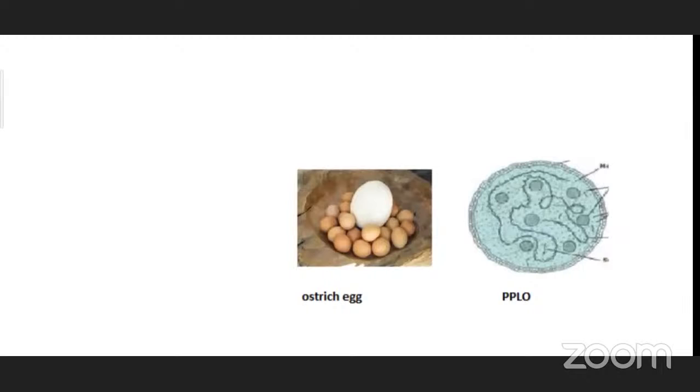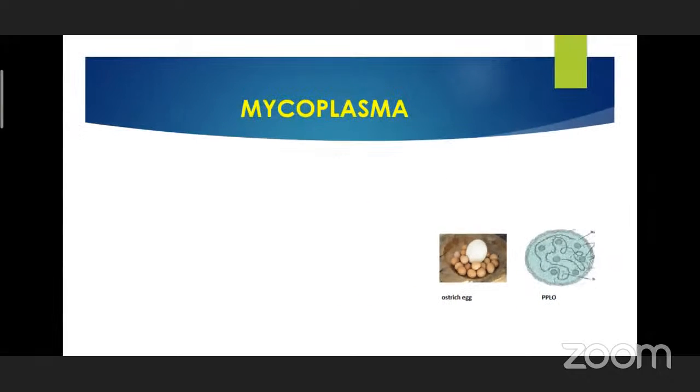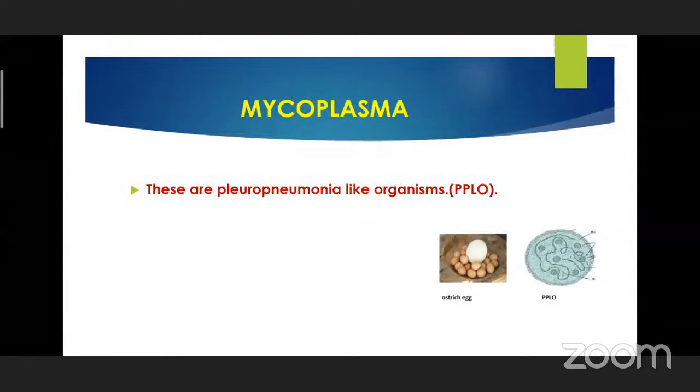And in the other slide, the other picture you are seeing is about eggs. A big, huge ostrich egg is placed along with the normal eggs of a hen. You can see the size of the egg is very large. That means the ostrich egg is the largest cell on this planet. And the smallest cell is the PPLO. Imagine how small it may be. So it got the position here, the smallest living cell, pleuropneumonia-like organism. To remember the smallest cell, I have given this image of an ostrich egg cell for you.